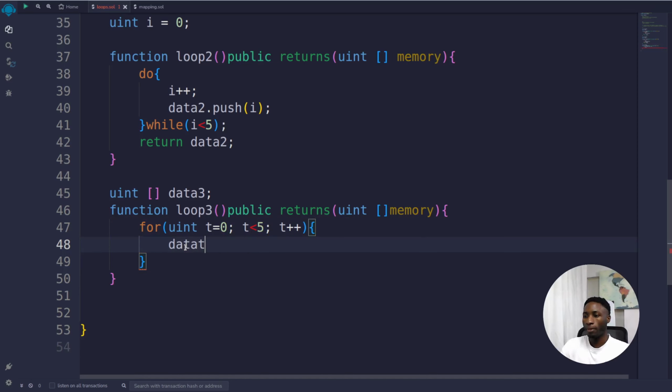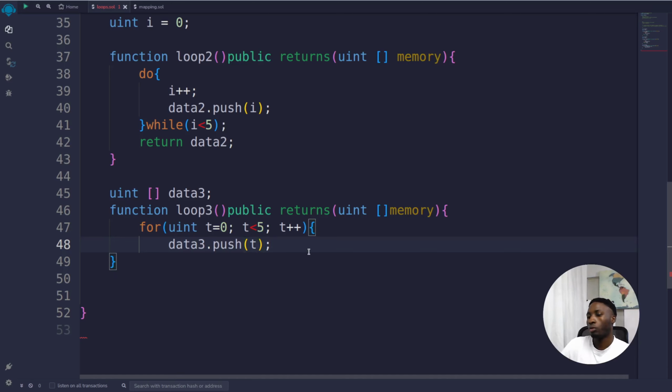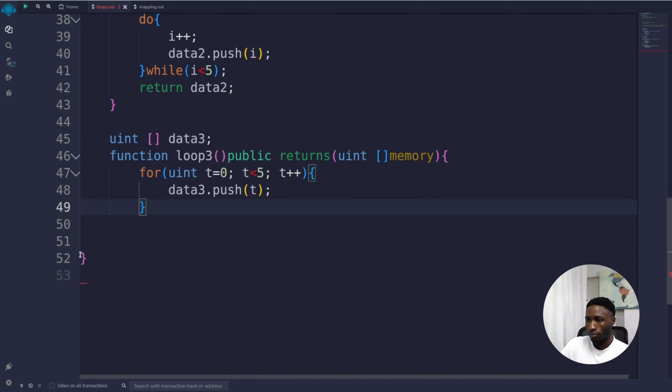So let's say data3.push, the value of t. It's very important for us to know this. So what's actually happening here is,